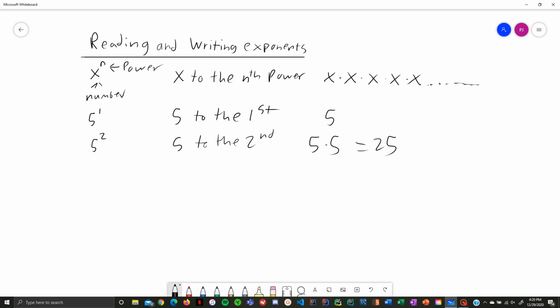Let's write out 4 to the fourth. 4 to the fourth power. Just like this, it would be 4 to the fourth. And this would represent 4 times 4 times 4 times 4. Let's work with this right here. 4 times 4 is 16. Again, 4 times 4 is 16. Then when you multiply these two together, 16 times 16 is going to be equal to